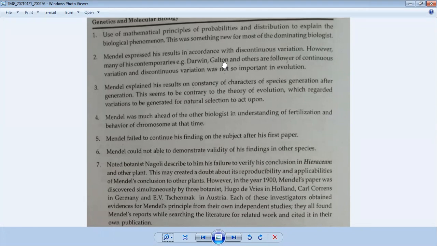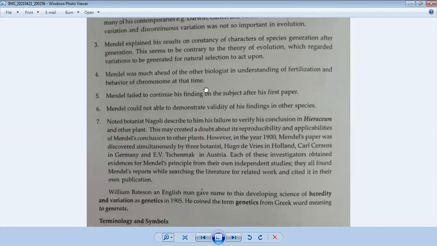कंटिन्यूअस और डिसकंटिन्यूअस वेरिएशन का वहां पे कोई यूज नहीं होता है इवोल्यूशन के केस में। लेकिन मेंडल तो जेनेटिक्स के बारे में बता रहे थे, ये इवोल्यूशन के बारे में बात कर रहे थे, इसलिए उन्होंने वो एक्सपेरिमेंट पास नहीं किया या फिर उसे कन्विंसिंग नहीं माना। Mendel explained his result on the constancy of character of species generation after the generation। मतलब मेंडल ने जो कैरेक्टर एक्सप्रेस किए थे या फिर जो वहां पे थियरी दी थी,